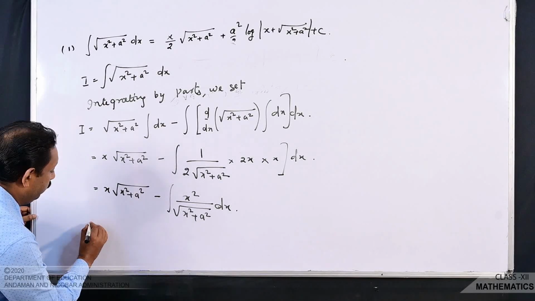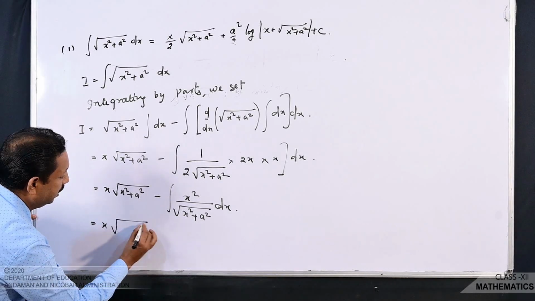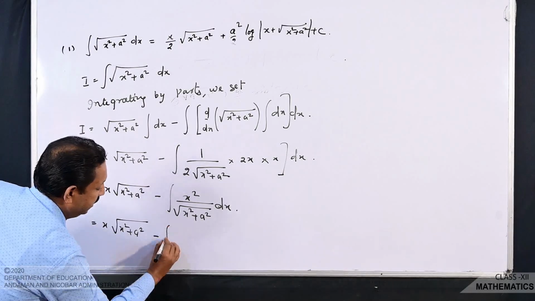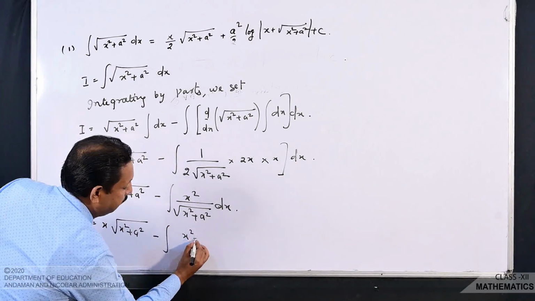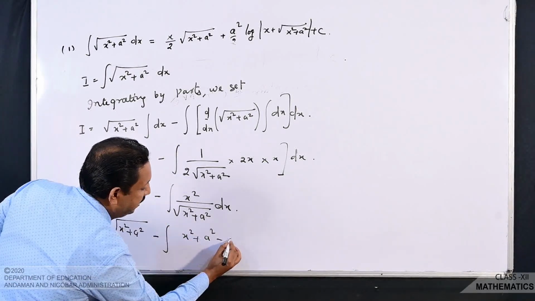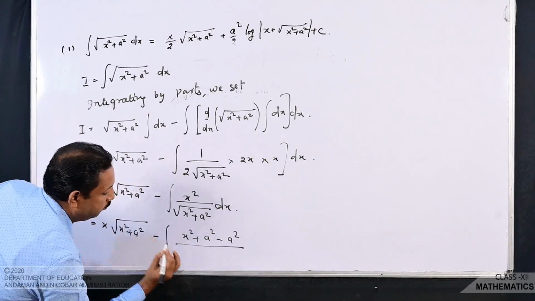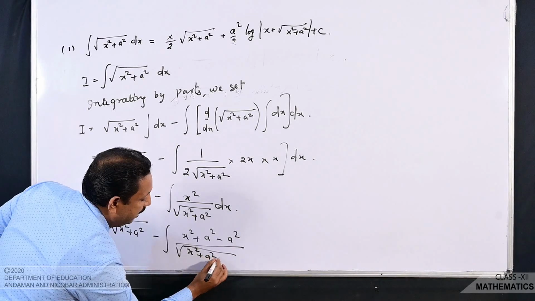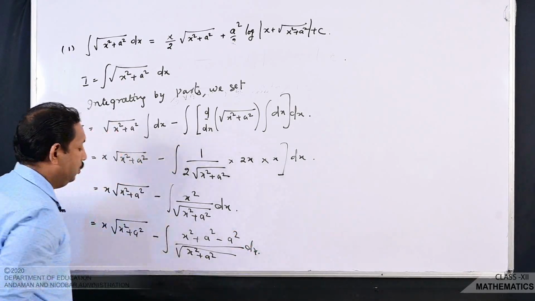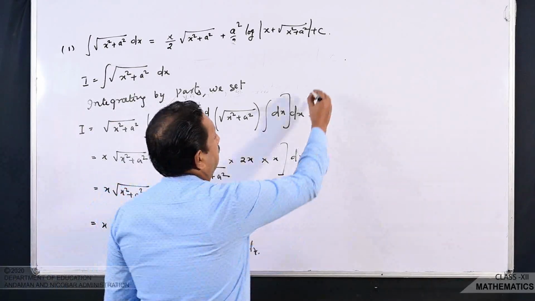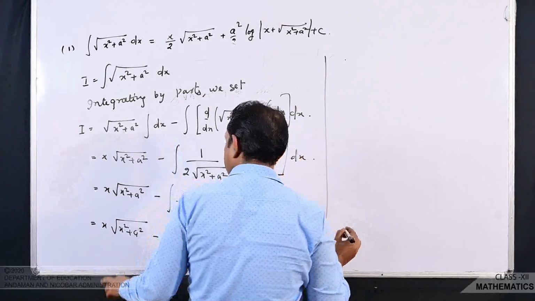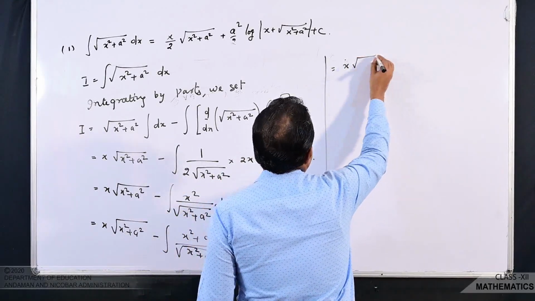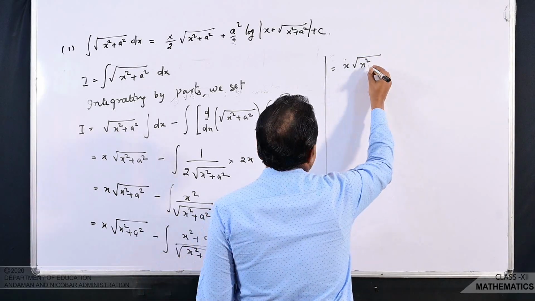See, x root under x square plus a square minus integration, that is x square plus a square I am taking and minus a square I am taking in the numerator, over root under x square plus a square, dx. So, from here I can make this integrand, that is equal to x root under x square plus a square